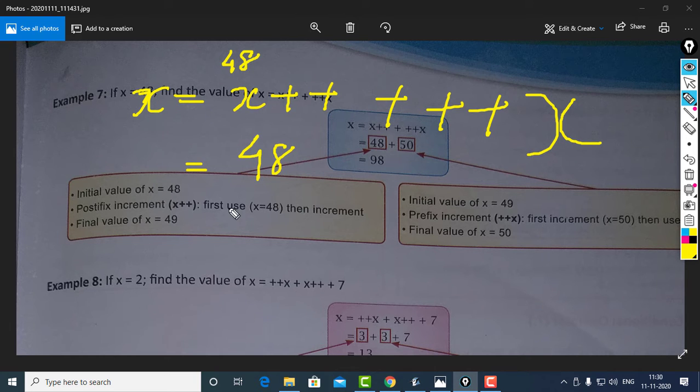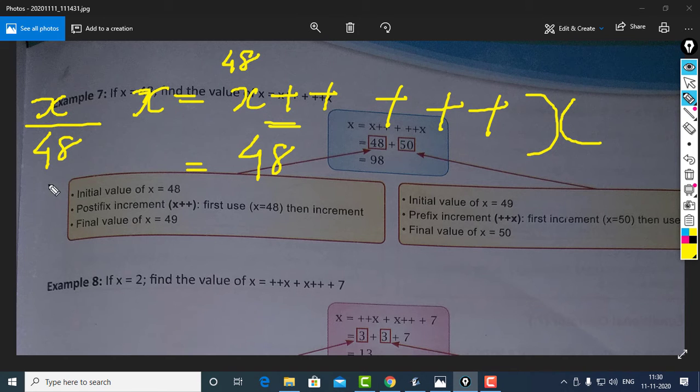Then after using the value of x, the value of x will be updated. So in the beginning the value of x is 48. Since it is postfix notation, it will follow the use then change rule. So before changing we use the current value of x, which is 48. So we have used it, then we are going to change.